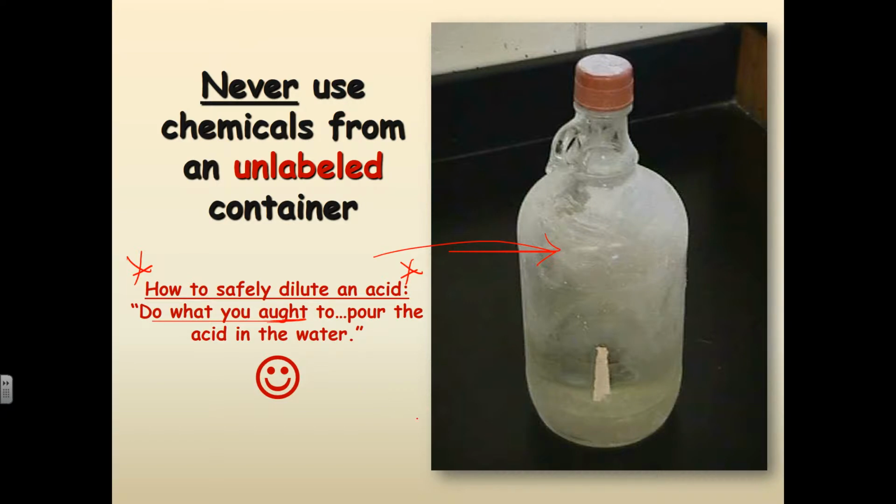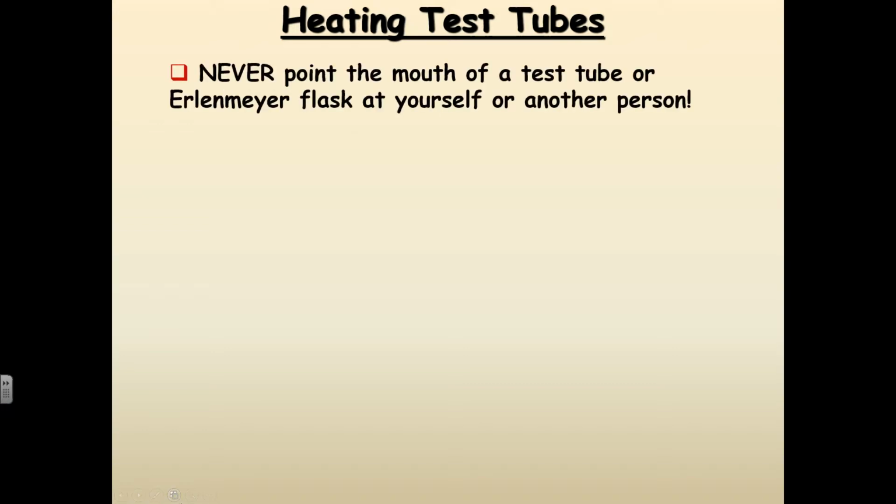You do what you oughta, pour the acid in the water. Acid in the water. Remember that. Very important. All right, next thing, heating test tubes. When you are heating test tubes, if you're in the lab and you're trying to heat a test tube, you never, ever, ever want to point the mouth of the test tube or the mouth of an Erlenmeyer flask,